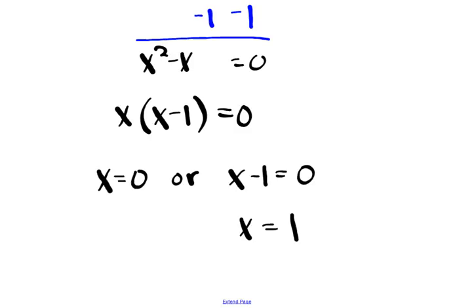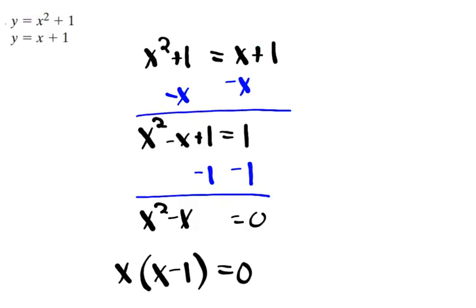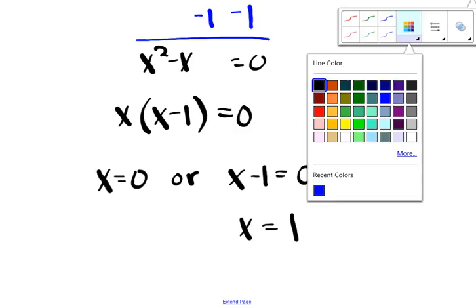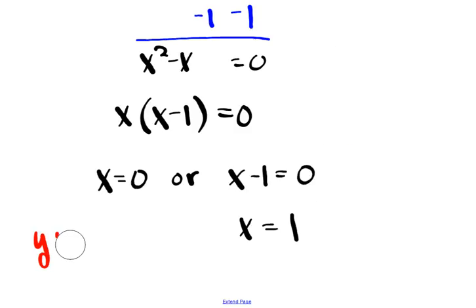So you're going to have to go back up to the top of the page. We're going to notice that this one here is probably the easiest one to find my y values with, because it's linear. So I am going to use a different color. Okay, I'm going to say that y equals